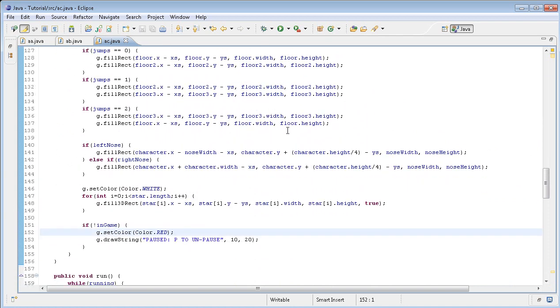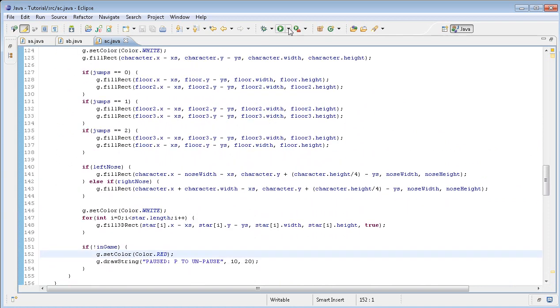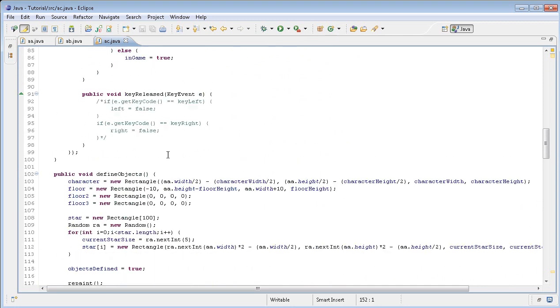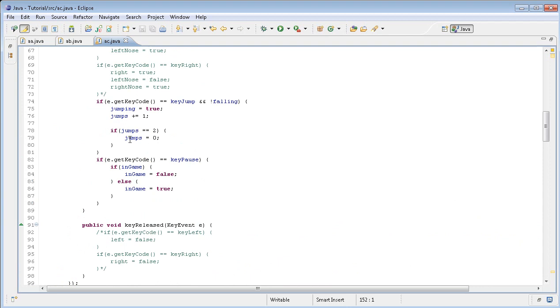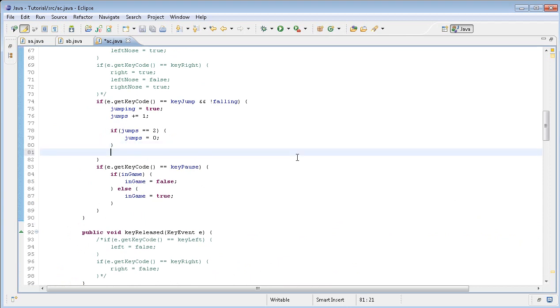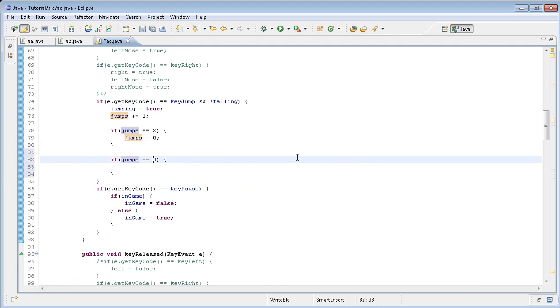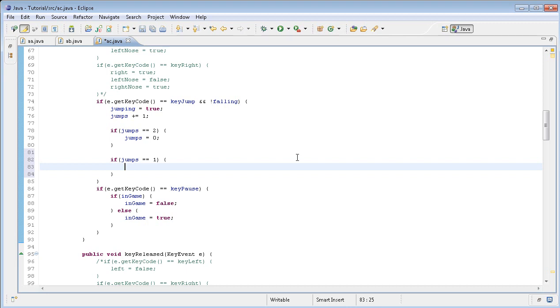Let's see, what do we want to do? When you jump, we want a new floor to appear. So when we jump in the jump method, if jumps equals 0, actually 1 first, since it's increasing, we should do